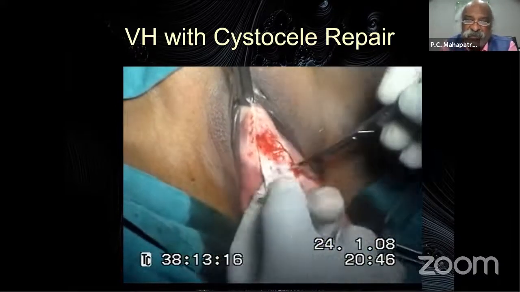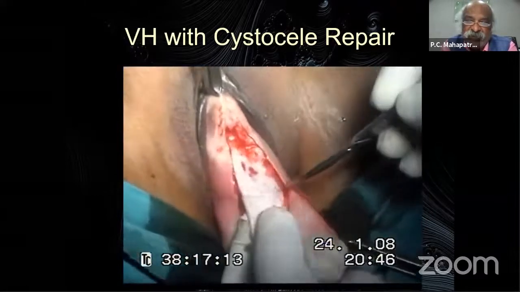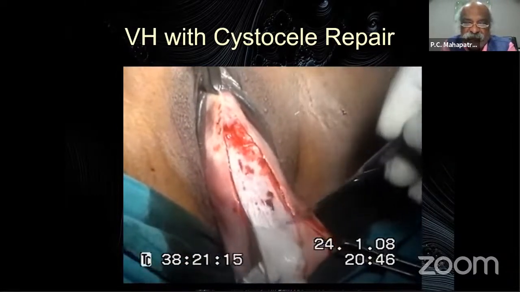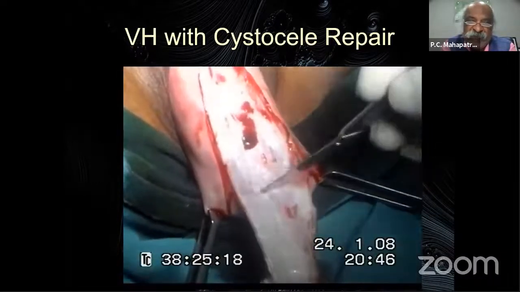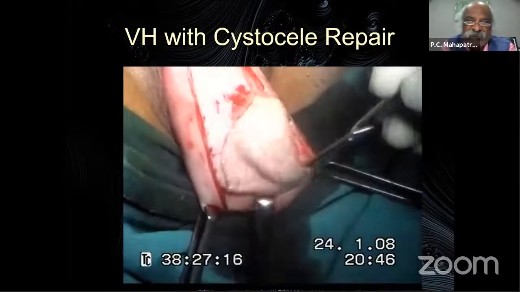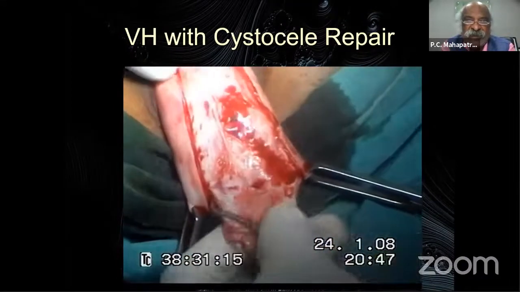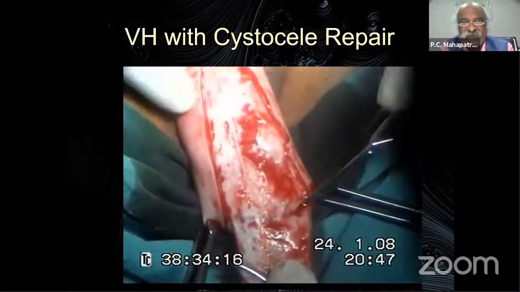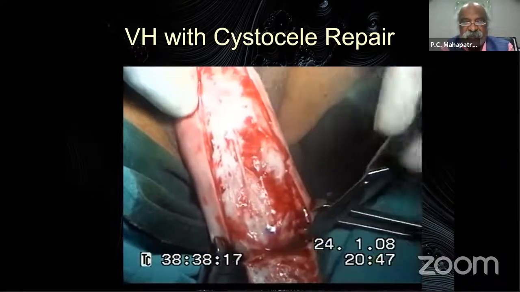So autologous tissue, as well as the removal of the redundant tissue, whichever is required, I'm in favor of that. If you go to the proper cleavage, I think the bleeding will be less, and traction and counter traction can eliminate the whole procedure. And that is the same thing. And of course, this is the vesico, this is cut, and then